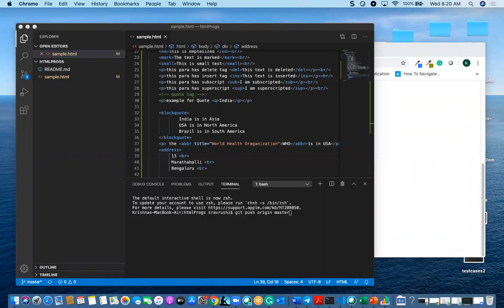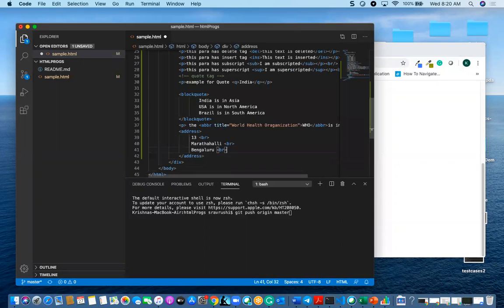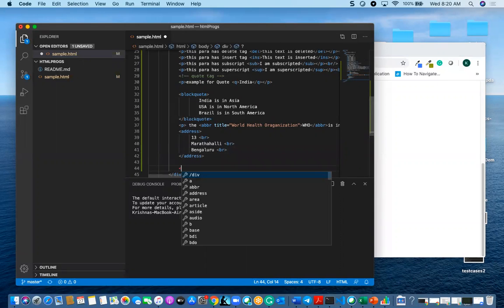It's like a more block code it is, like a paragraph.